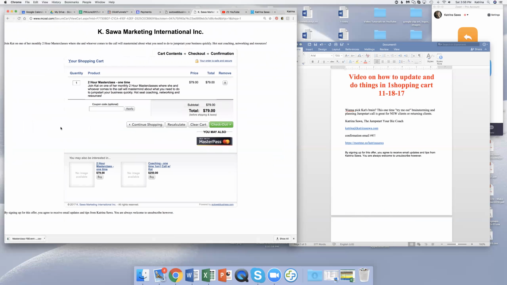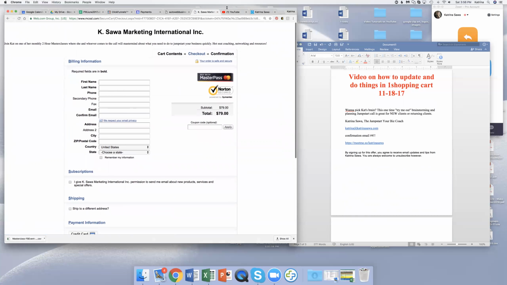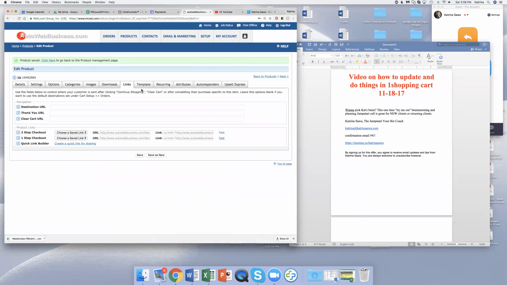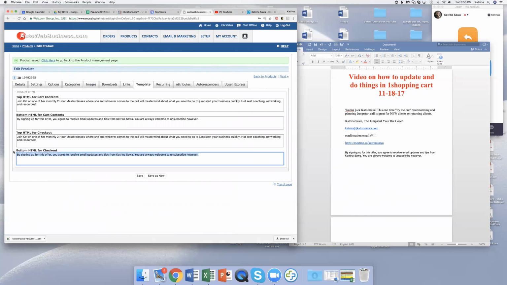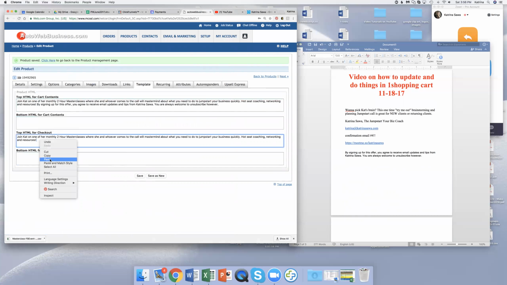Okay, where did it put it? Oh, I put it way down here, by signing up for this offer, so I don't really need it on the 2 cart. Let's see where it looks like on the 3 cart. Yeah, it looks way down here. It's ridiculous how far. I don't know why it does that. Okay, so I don't really want it on here, but I might want to just add it to the top, and then my graphic person can figure out how to better get